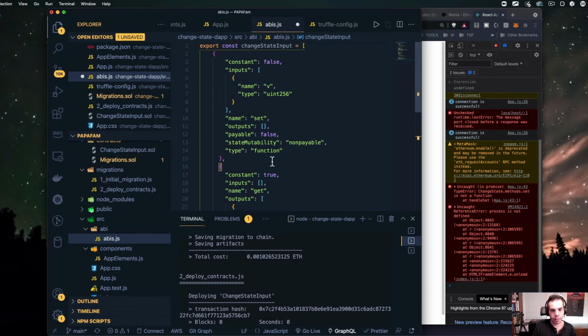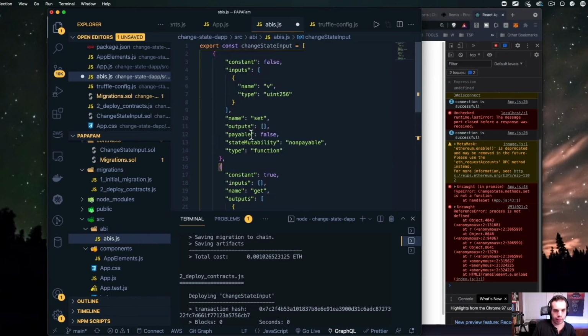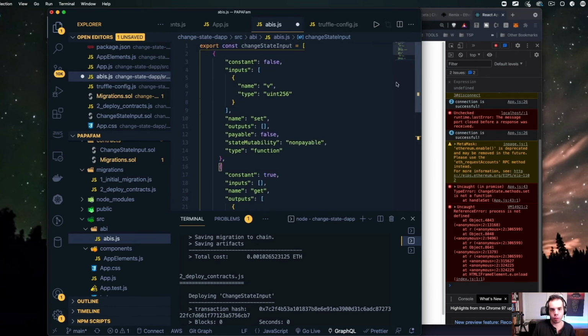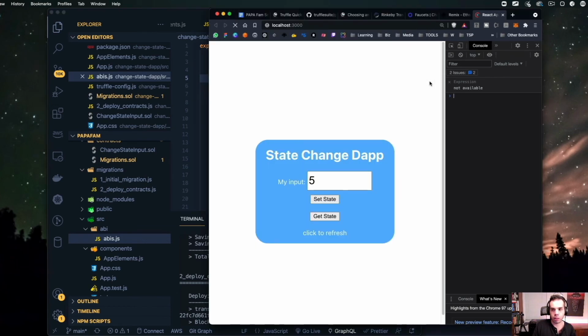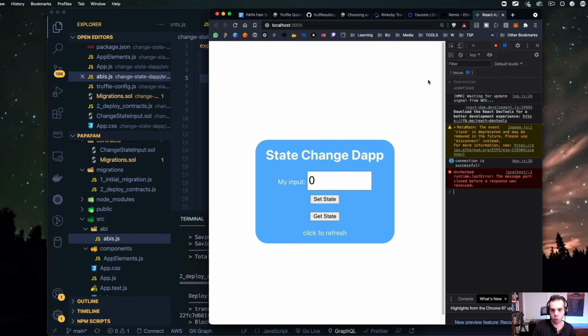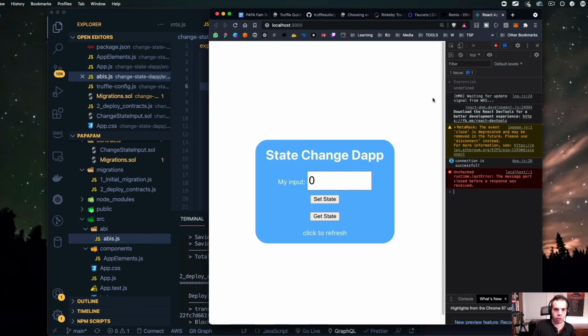So this is actually how our contract is going to know what we're doing, and basically just certain parameters that will be helpful for this to actually read and write to the blockchain. So we're going to save this here. That's going to cause this to refresh. And as soon as we're able to have this be connected, we should be able to have this all be running.